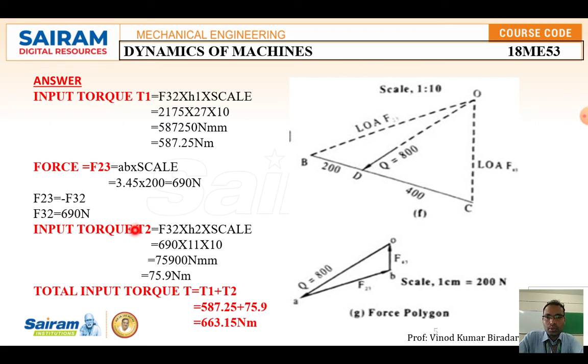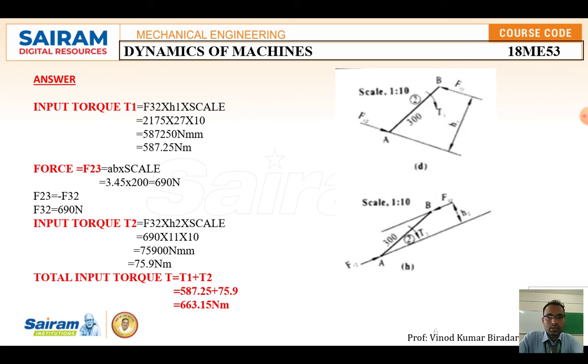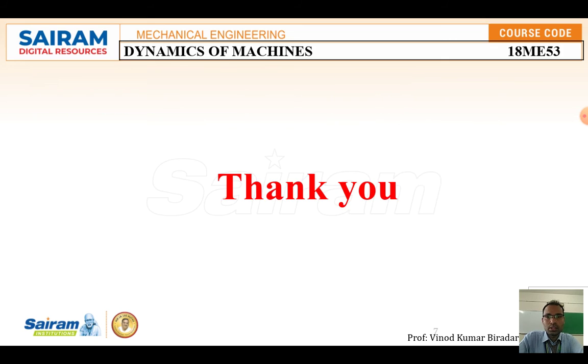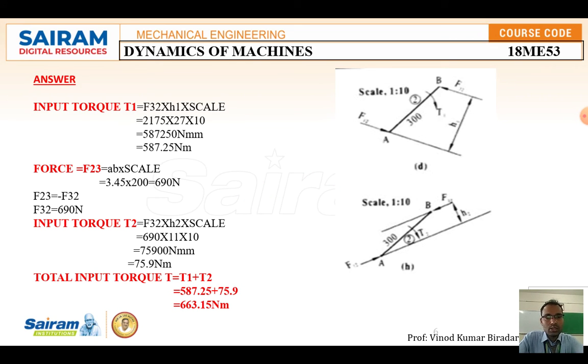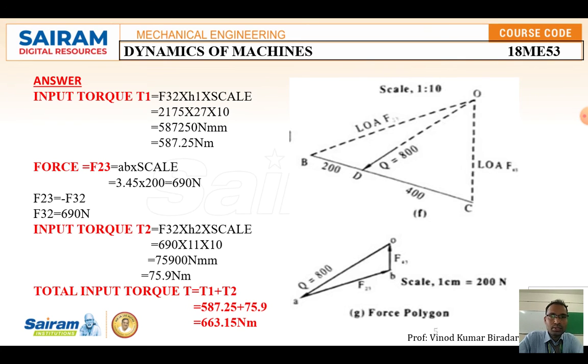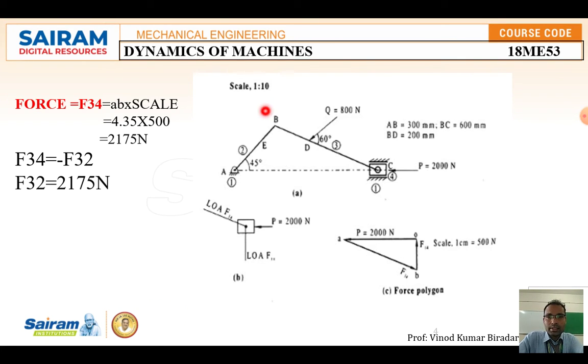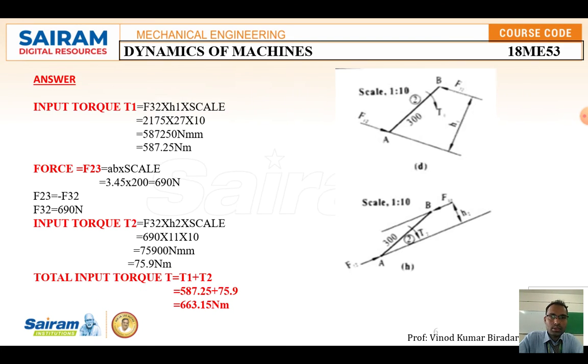Input torque T2, that is in the next slide, it will come. So here T1 and T2, you have to calculate the T1 and T2 in both equations. Once you calculate T1 and T2, then you are going to get the total input acting on that particular element. And how I constructed this AB: again, you have to transfer the initial force diagram. AB you have to transfer the same line, redraw once again at some point, that I drew here, AB. So 2 is acting on that point B, that you have to draw here.